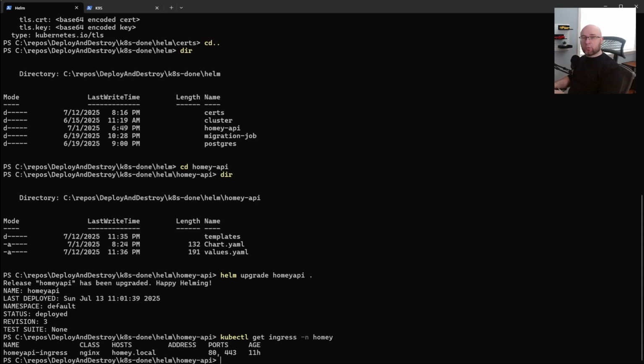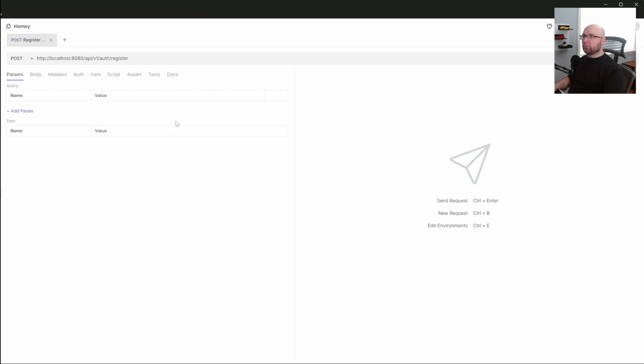So last thing we got to do, of course, is to test to make sure that this ingress actually works. I've already edited my host file, so homie.local actually points to my cluster. Let's switch into Bruno and see if we can create a user instead of pointing at localhost 8080 at homie.local. All right, over in Bruno, we are looking at the register user endpoint. And if you recall, we've registered Jill V at umbrella.com before. Really what we got to do is change this to point to the new homie.local URL that we've mapped, right? So let's go ahead and delete that and say